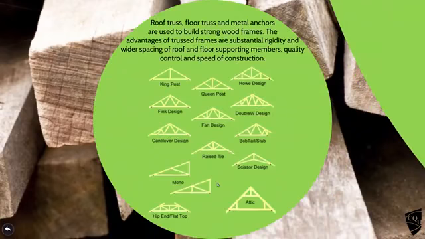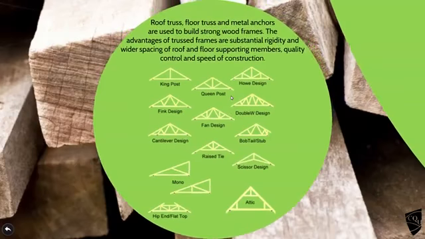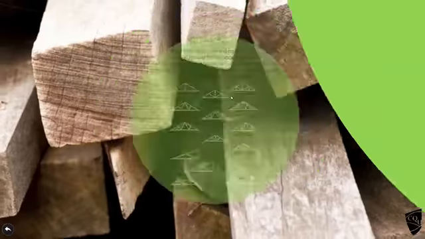Trussed construction is what you tend to see on most new buildings nowadays. The truss refers to the roof and sometimes beams and floor trusses. Trusses can span a pretty wide area for a low use of material and a low weight. So a king post and a queen post are the more traditional heritage type. Raised tie: this one allows you to have an attic room. That one lets you have a flat roof on the top for some reason if you need it. Obviously monopitch roofs. So they're really good. And of course they're designed and manufactured in a factory. Your quality control is really very good on those, as it is with the platform frame materials,